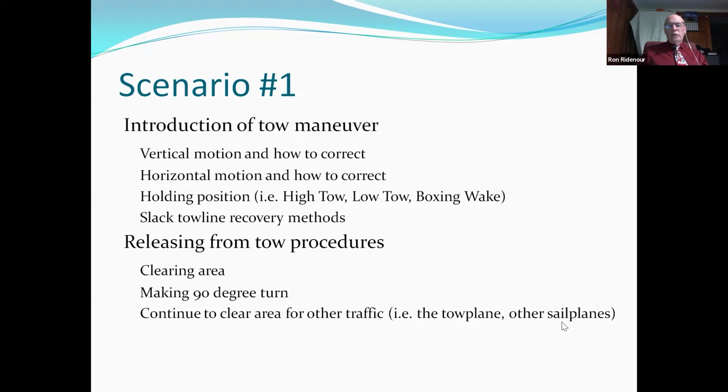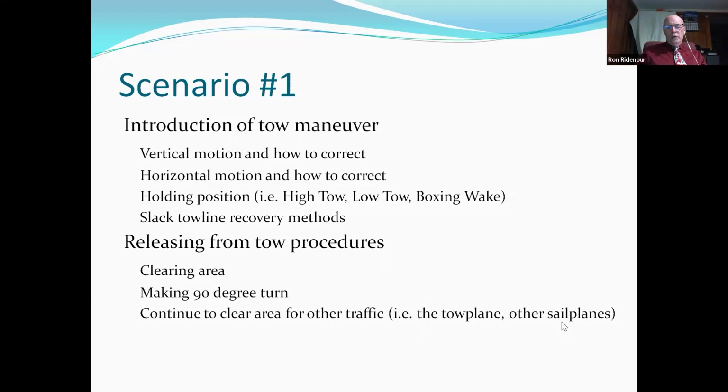And so, on the soaring safety side, another scenario that you might want to consider is the release from tow procedures. Obviously, you always want to clear the area before, because what's going to happen after you release? Well, you're going to make a 90-degree turn to the right. The tow plane's going to make a 90-degree, not bank, but a 90-degree heading change to the left and fly